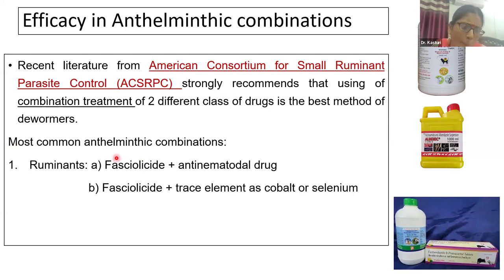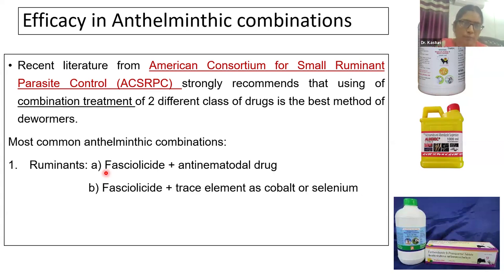Among these, the most common anti-helminthic combinations used are a fasciolicide in combination with an anti-nematodal drug. A fasciolicide means the drug which is used against Fasciola or trematodes. So it is a combination of a drug against trematodes and an anti-nematodal drug. Or sometimes, if the animal is deficient in any essential elements or minerals, a combination of an anti-nematodal or anti-trematodal drug with trace elements such as cobalt or selenium is also successful in treating